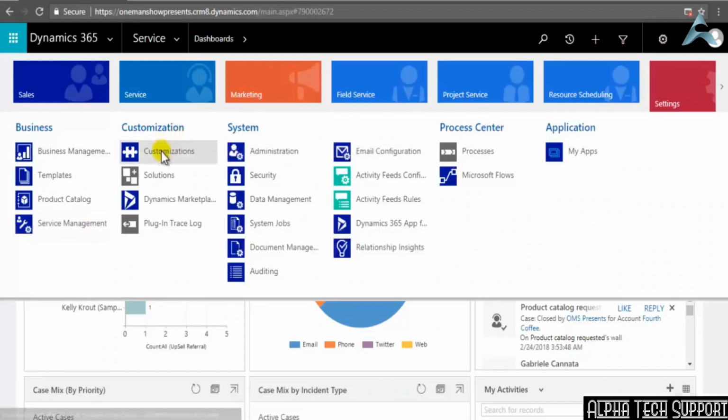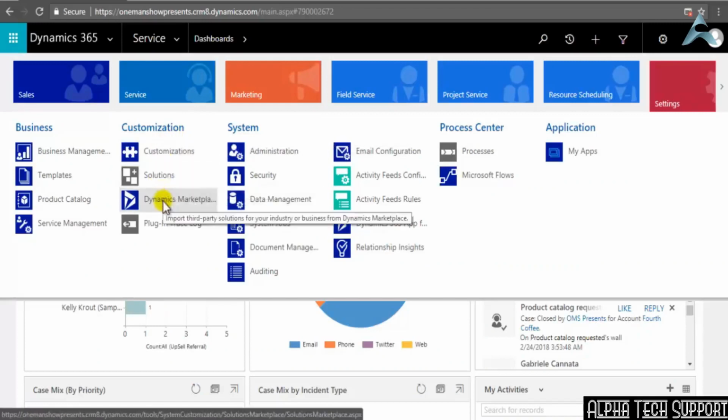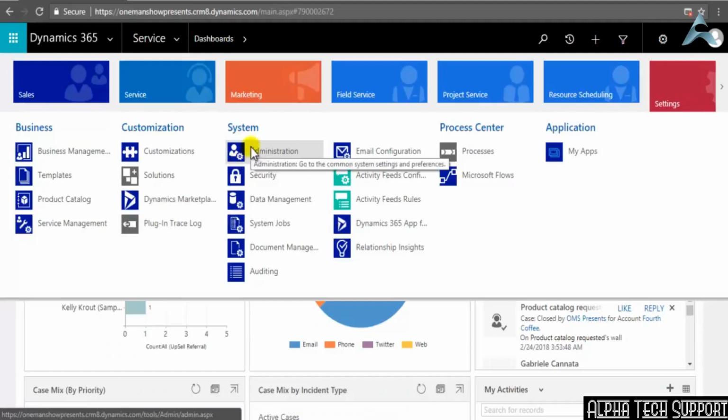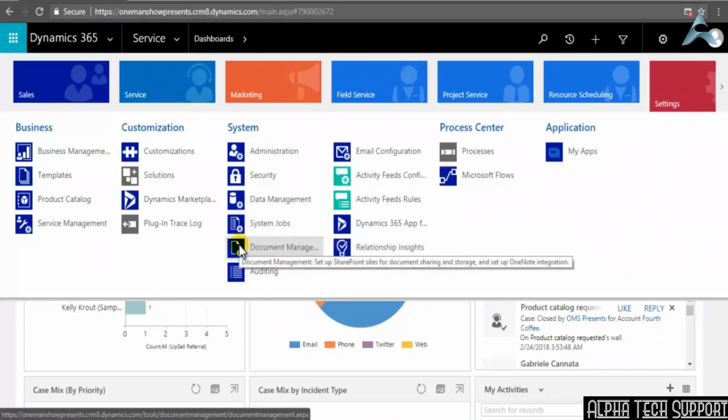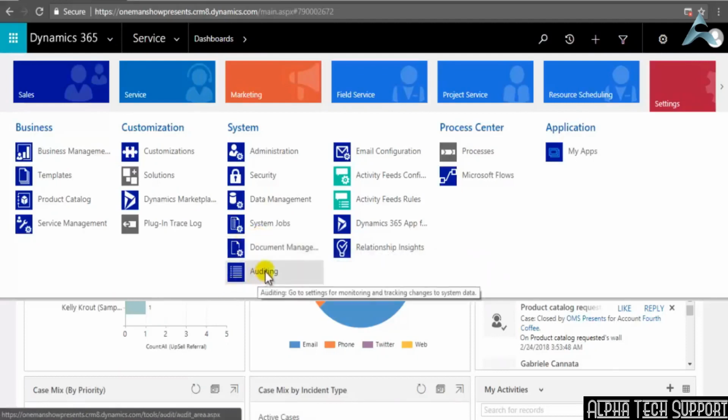In Customization, you will find Customization Solution, then Dynamics Marketplace, a third-party solution you can get from here, and then Plug-in Trace Log. In System, you will see Administration, Security, Data Management, System Jobs, Document Management, to set up the SharePoint site for document sharing and storage, and then set up OneNote integration, Auditing, go to settings for monitoring and tracking changes